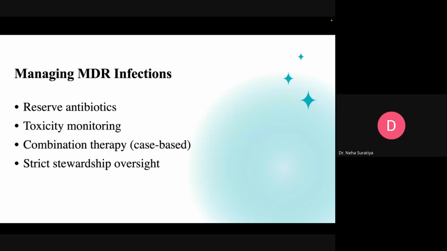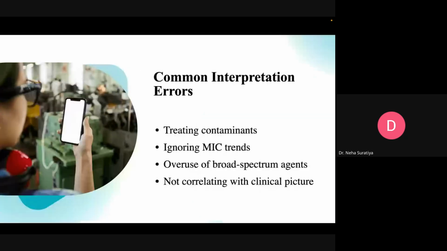So MDR management requires restricted antibiotic use, combination therapies, monitoring kidney function test, and strict infection control. Okay, stewardship oversight. So pharmacists play a role in managing MDR infections. So you can correlate all the things together and you can manage the MDR, right? Common interpretation errors people are making. So, see, treating the contaminants as the infection. Now you know what contaminants are. Sometimes a contaminant can also convert into a pathogen, but until it does, treating it is a very